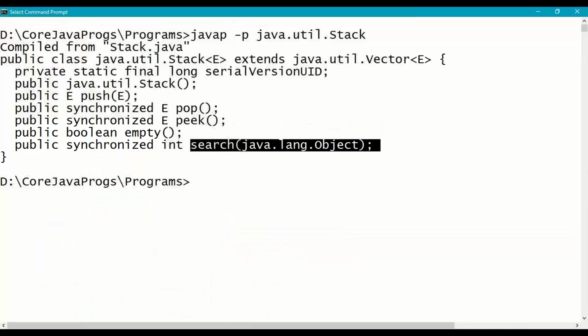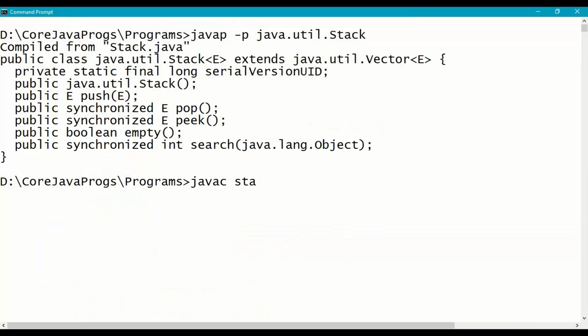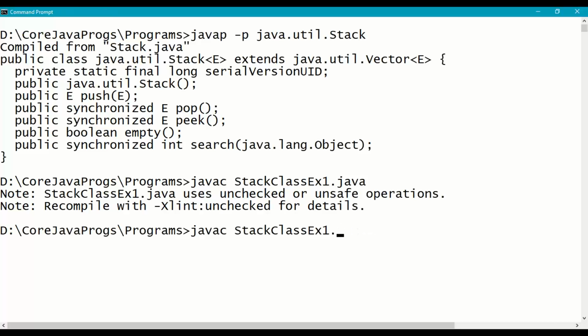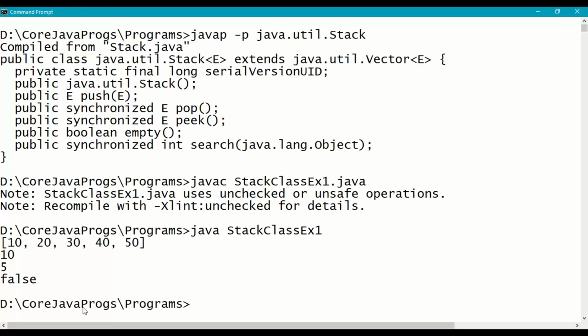Right. Go to the command prompt. Compile the program: StackClassExample1.java, no error, and run it: java StackClassExample1. So 10, 20, 30, 40, 50. Indexes will be from bottom to top, 0, 1, 2, 3, 4, and the position is also there, the regular position.